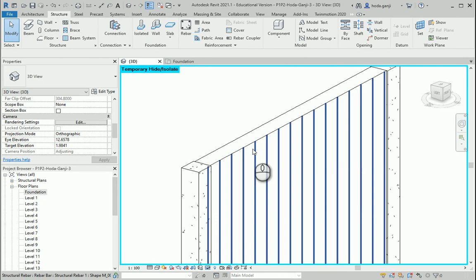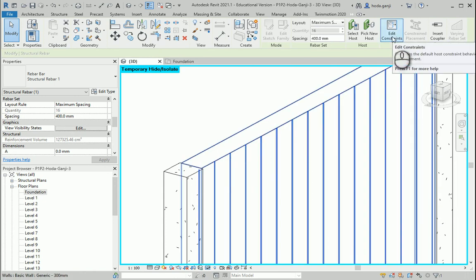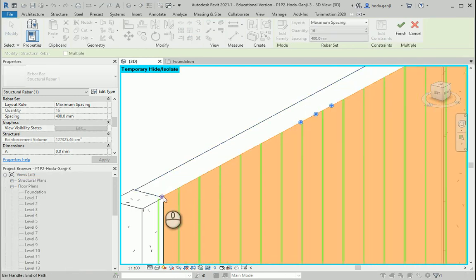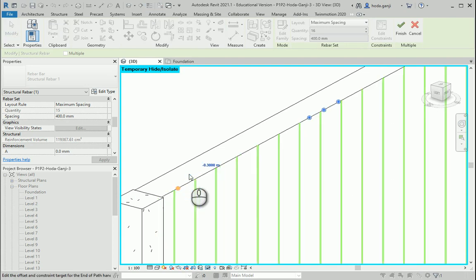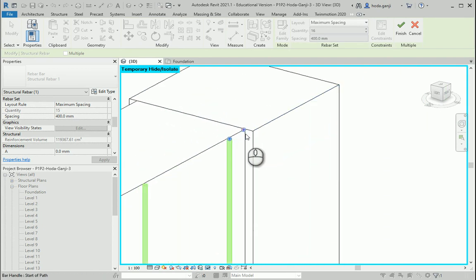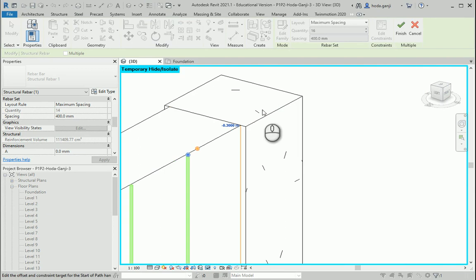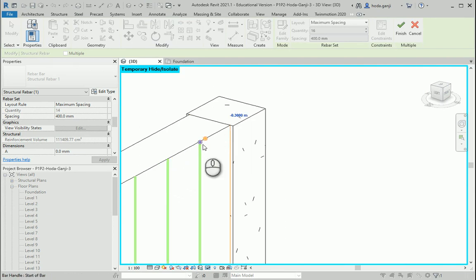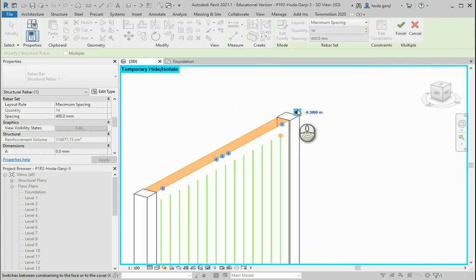For instance, I want to select this and I want to assign some constraints. So it's not going to go all the way to the top. I'll go with assign constraints. I want to click here and how about I assign negative 0.3, so it's going to be 30 centimeters inside. And on that side, I can also assign negative 0.3. And I want to click on this one. It's going to move this inside from the other side. So how about I click here and assign negative 0.3. So now it's going to finish here.